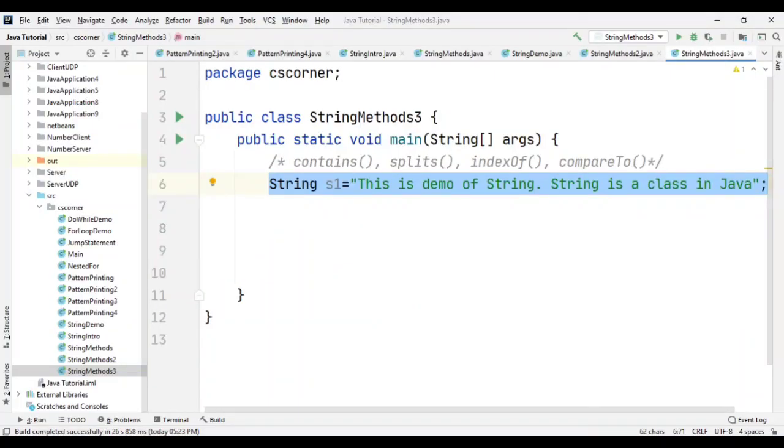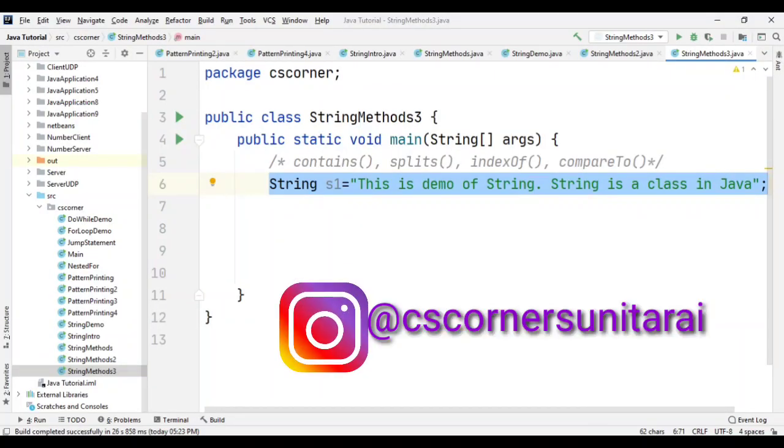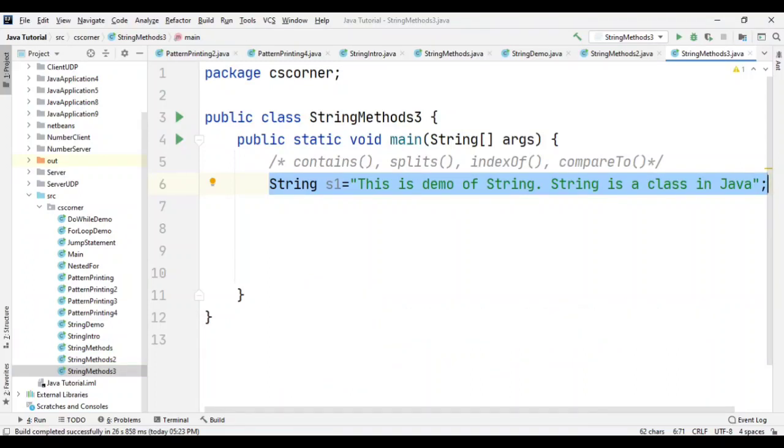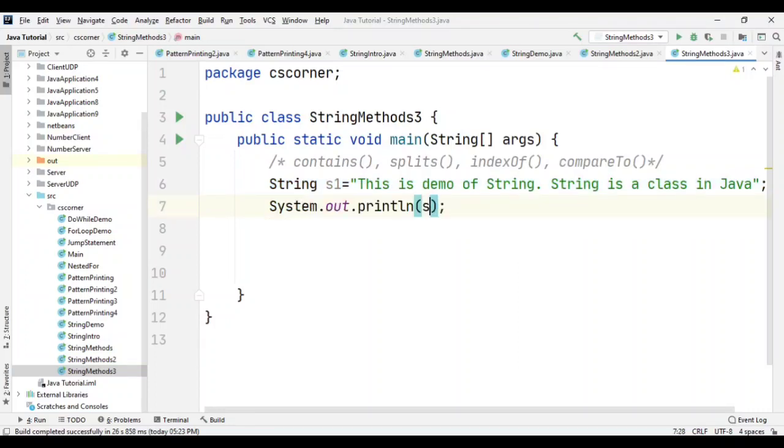So here what I have done, I have created a string literal, and in that I have stored: This is a demo of string. String is a class in Java. In this string, I'm going to find out whether a particular letter or word is there or not. So let me write sout s1.contains, and then I'm writing "is".